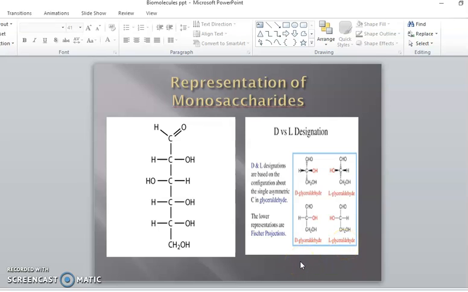Remember, this capital D and L have no relation with what is called dextro and levo. Dextro and levo refer to optical activity, while capital D and capital L simply represent the right-hand alignment and left-hand alignment of the OH group. That's all. There is no optical activity related to the capital D and capital L notation that you have to remember. The dextro and levo are usually represented by small letter d and small letter l, or plus or minus sign. That's how they are represented. Okay, we'll continue the